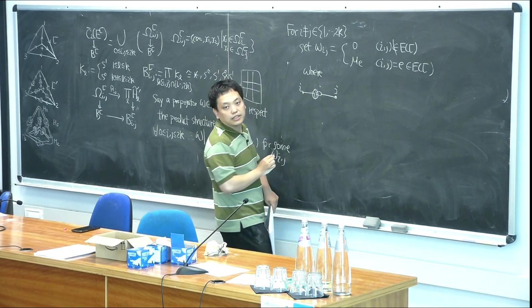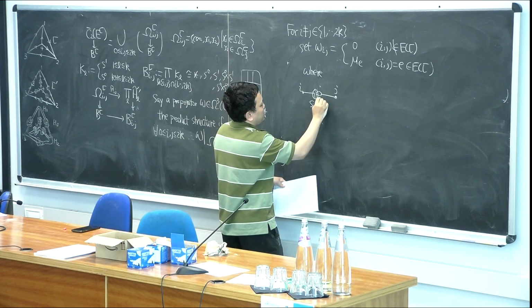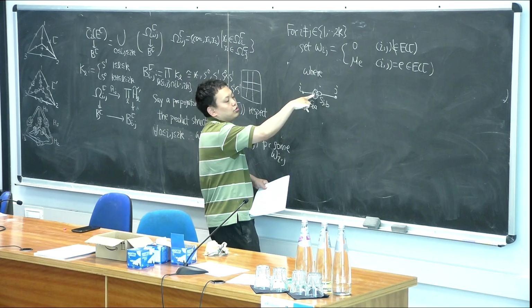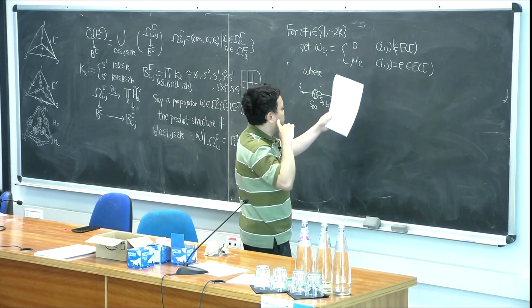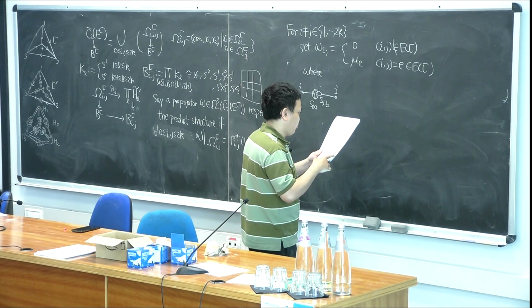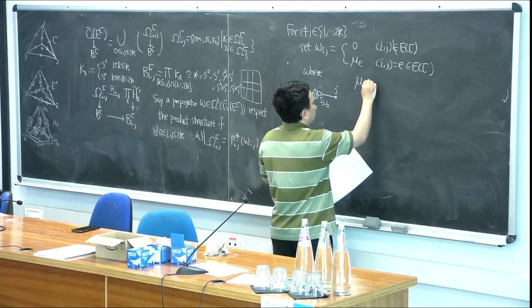So basically it's like this, and we have S_ia, this is S_jb. So this is a two-dimensional sphere, this is a one-dimensional sphere. Okay, and what's mu e? Mu e is defined to be